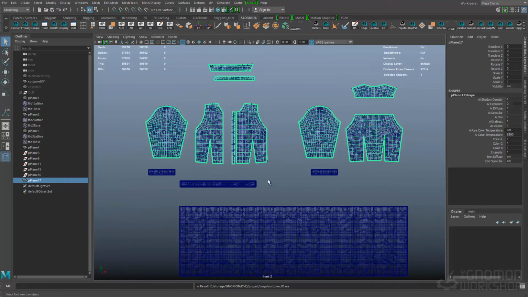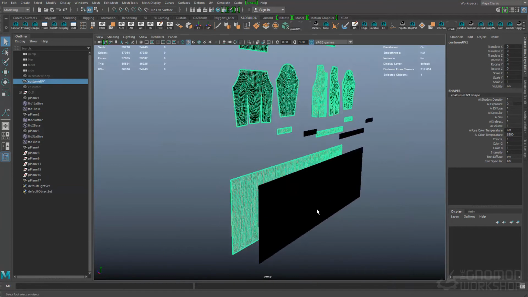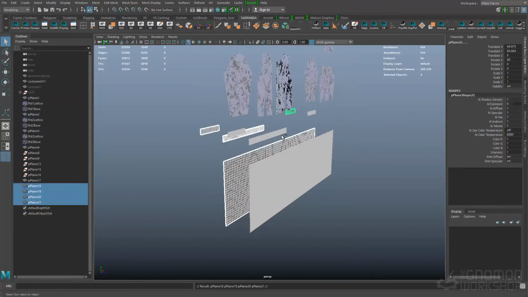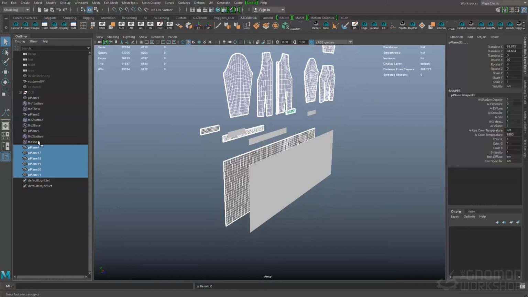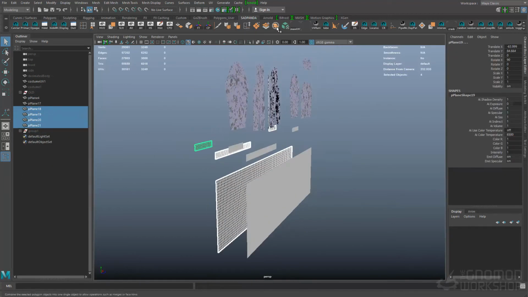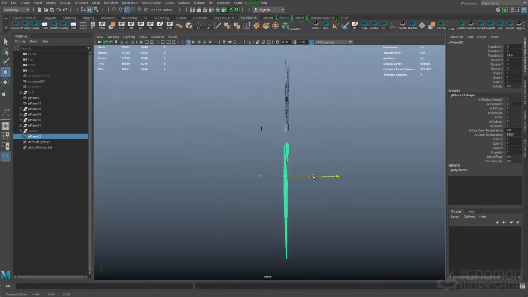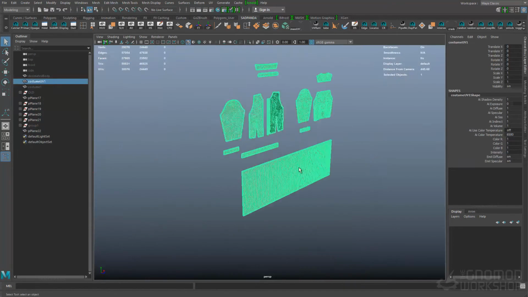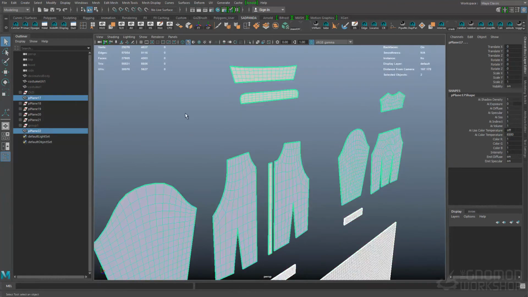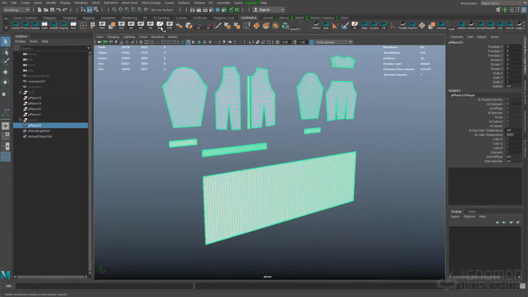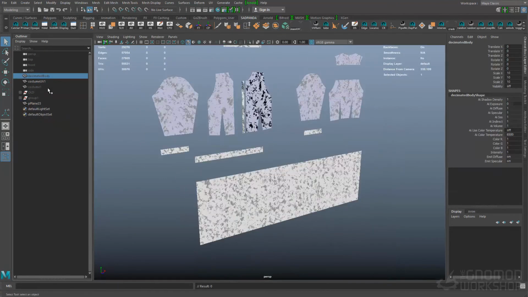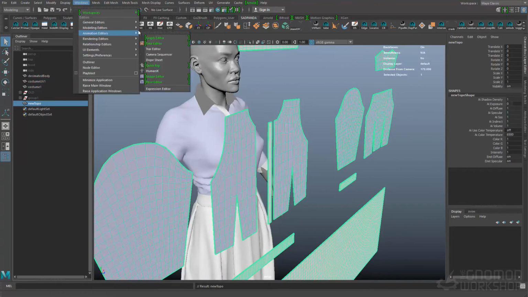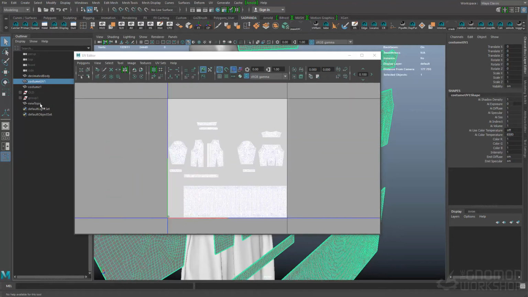So now I can go and I can combine that with all my skirt planes. So I'm just going to duplicate it so I have my history for the other ones. And then I can snap all these to the right patterns. And then what I can do is combine it all, delete history. And now what I'm going to do is I'm going to go